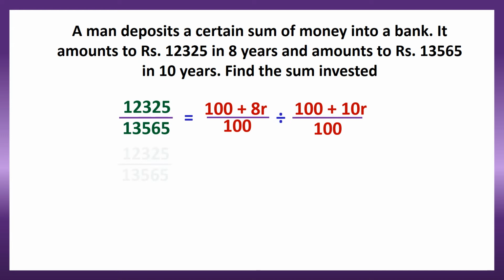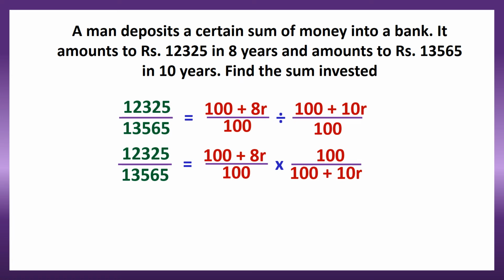And the next step, let us multiply it. For multiplying, the numerator becomes the denominator and the denominator becomes the numerator. In that way, we can convert the division into multiplication. So, 100 plus 8R by 100 into 100 divided by 100 plus 10R. The 100 and 100 get cancelled, and the equation becomes